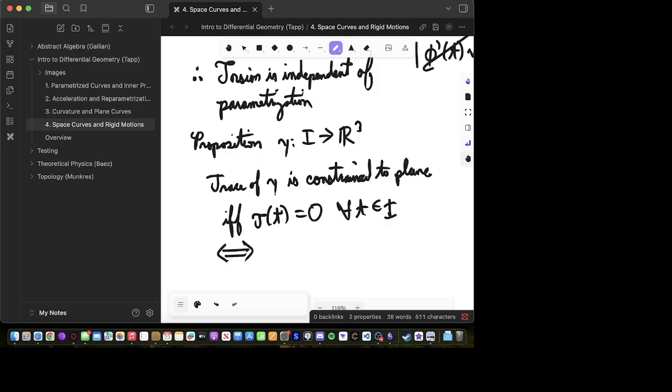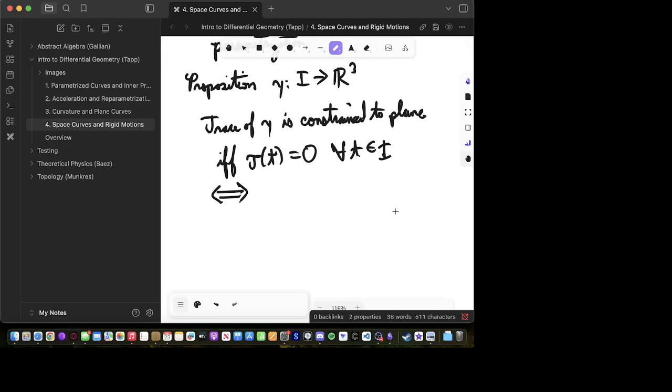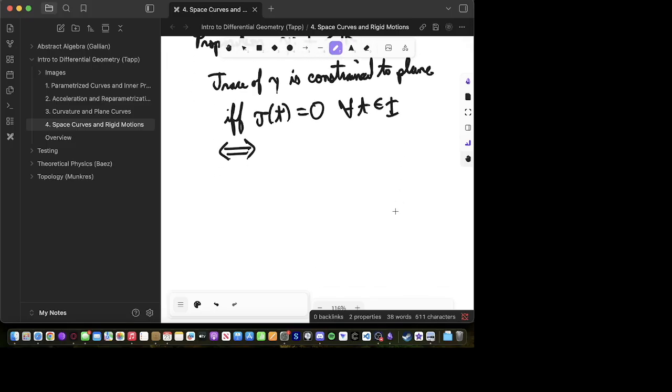Now, the proof of this is pretty long. I'm pretty sure I did an exercise like this in Do Carmo, but I'm not quite sure. But I won't be going over it. Instead, I'll be moving to the Frenet equations. And they look something like this. You can calculate them yourself. I don't think it's very difficult to, but